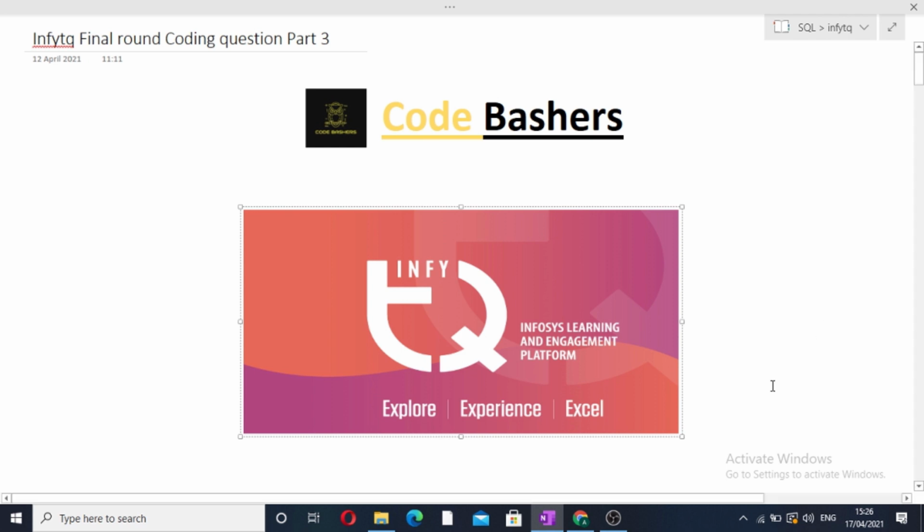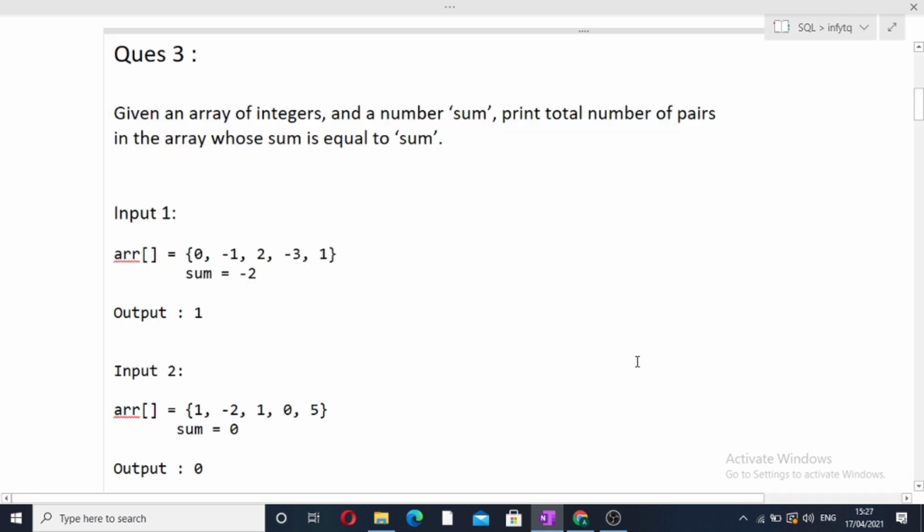Okay, so first of all, I will be reading you the question, then I will be telling you the approach of this question, and then I will be dry running that approach on a particular example, and in the end section I will be showing you the codes for both Java as well as Python. So now let's first read the question.